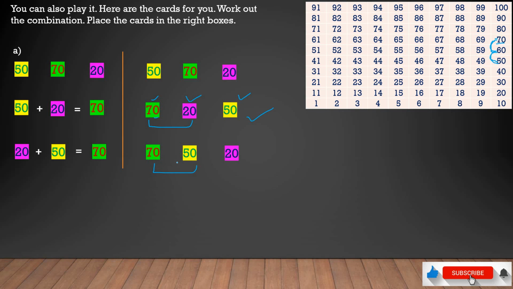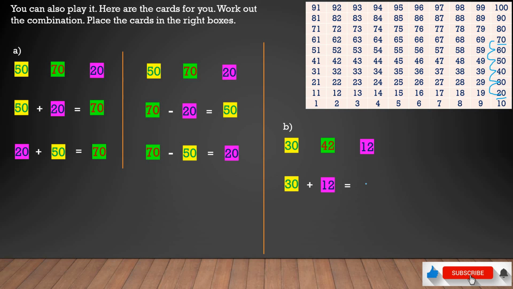Similarly, 70 minus 50 will give you 20. If you look at this, this is 70, and if you subtract 50, 10, 20, 30, 40, 50, it will give us 20. So that's how we can arrange these cards in this order. Another example,